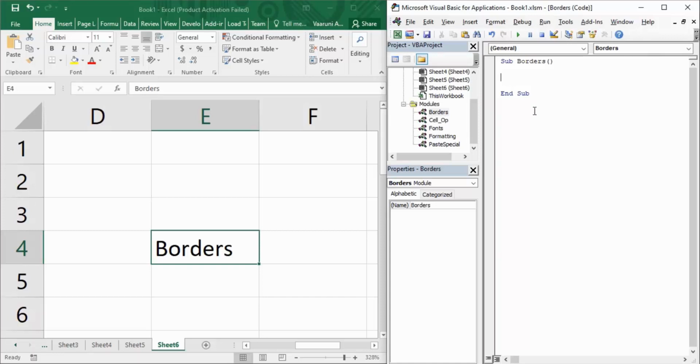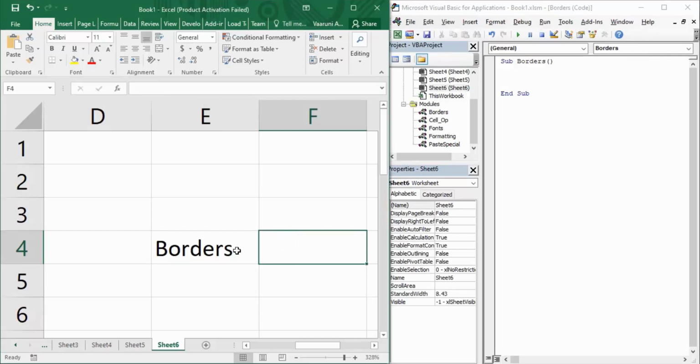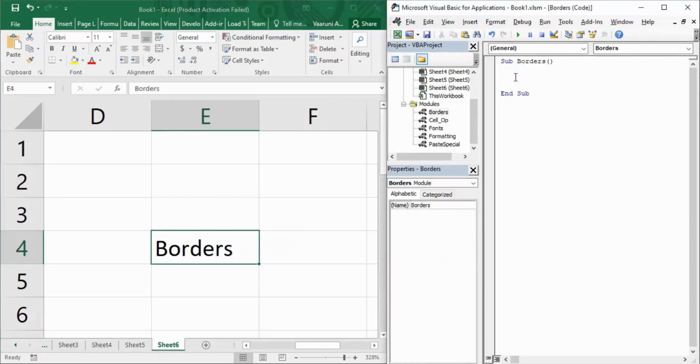Now first of all, you have to select the cell on which you want to apply the border. My cell is E4. To select a cell, we can simply make use of the Range function. So just type in Range. Since it is a function, open and close the parentheses, and within double quotes provide the name of the cell.